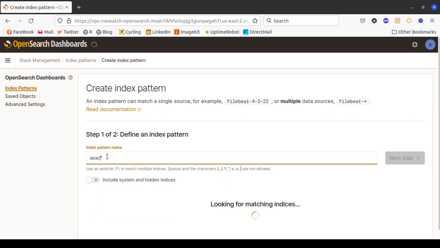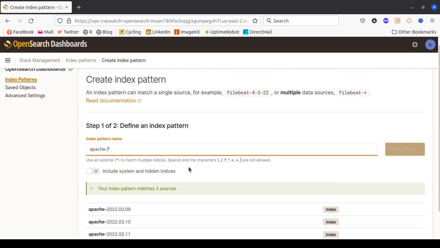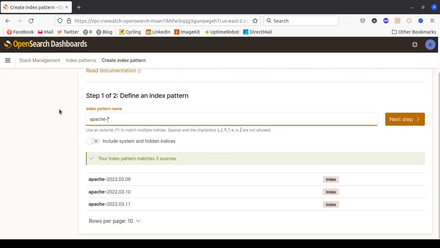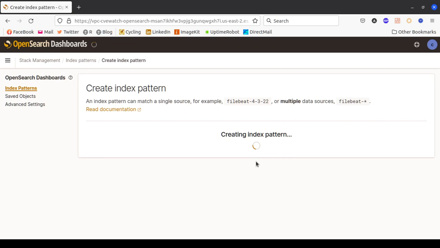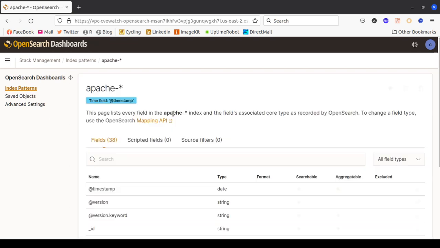Let's say Apache, something like this. See, in this Apache index actually we have 3, from the 9, 10, also 11. So I can create this by clicking next step, and I can choose the field for the timestamp, and just create the index pattern.